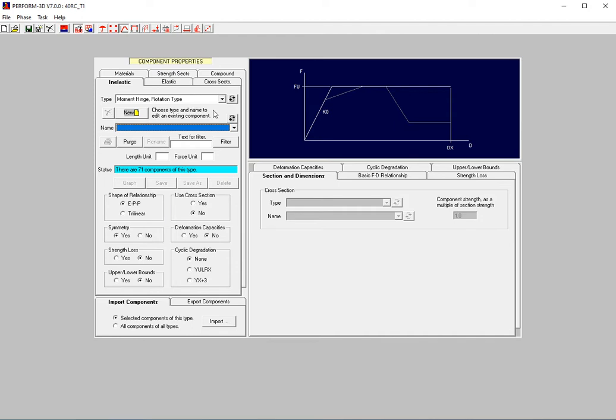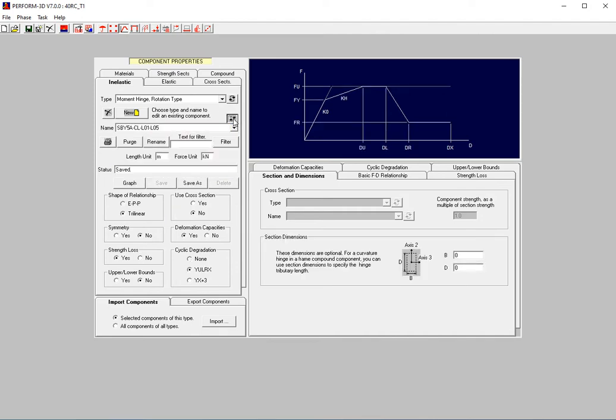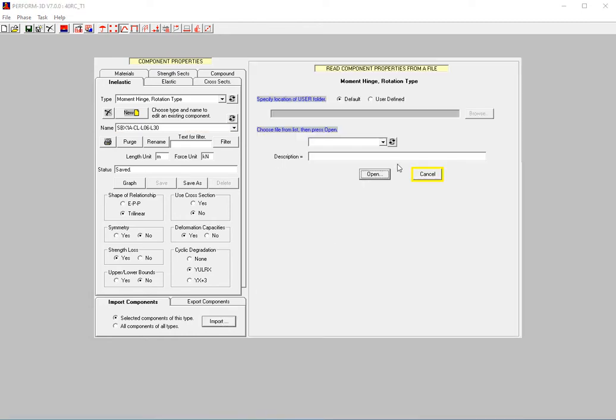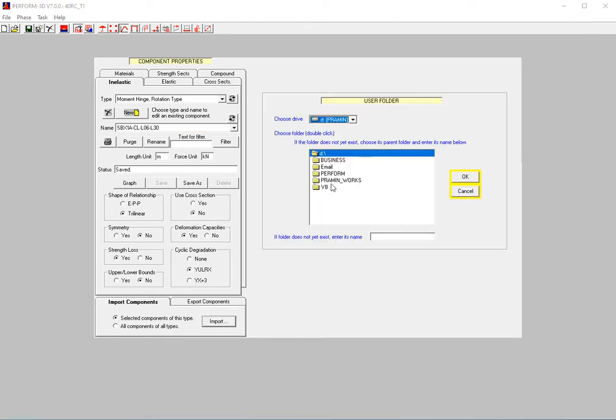Go to moment hinge rotation type and you will see this one is the moment hinge that is already defined in the model, but we want to import the new information that was created by PX.